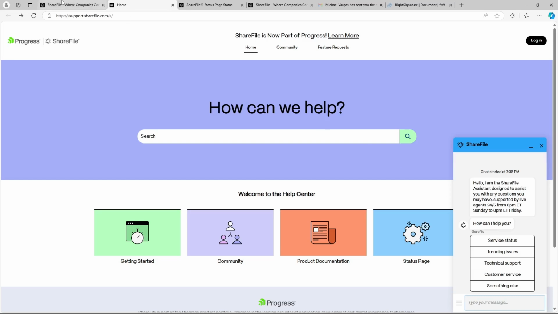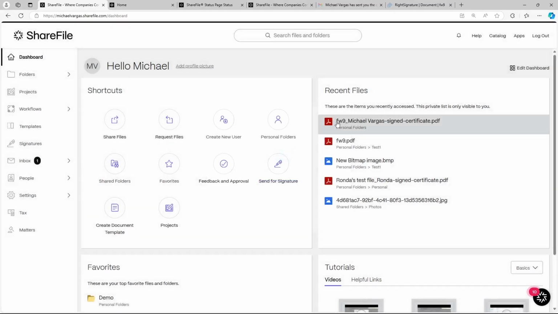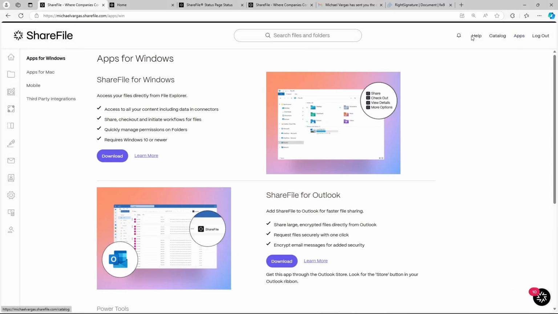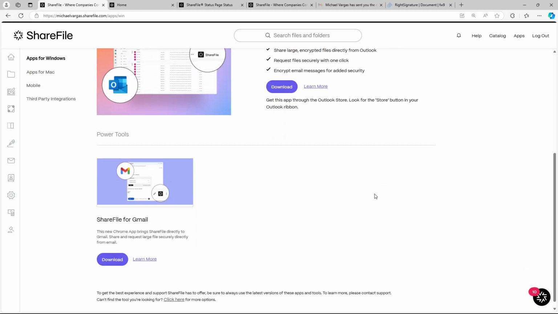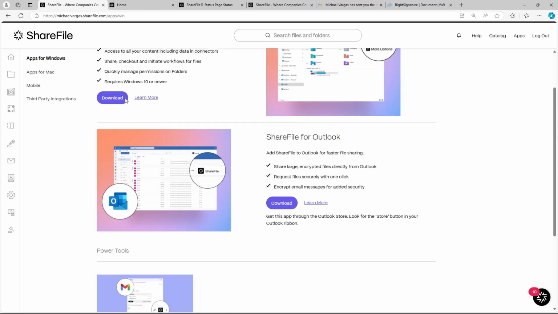Okay. Now let me go back and let me tell you that we also have the apps option. Okay. As you can see, we have apps for Windows, for Mac, and also the mobile apps. And we also have third-party integrations. But just to let you know, we have ShareFile for Windows, ShareFile for Outlook, and also ShareFile for Gmail if we are talking about Windows.